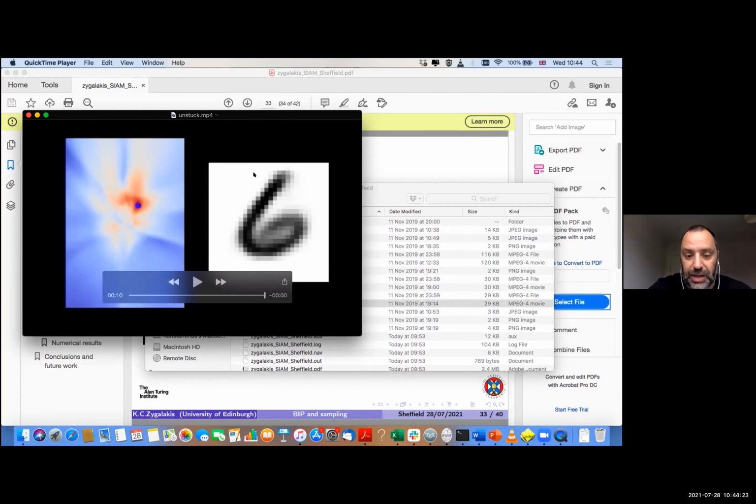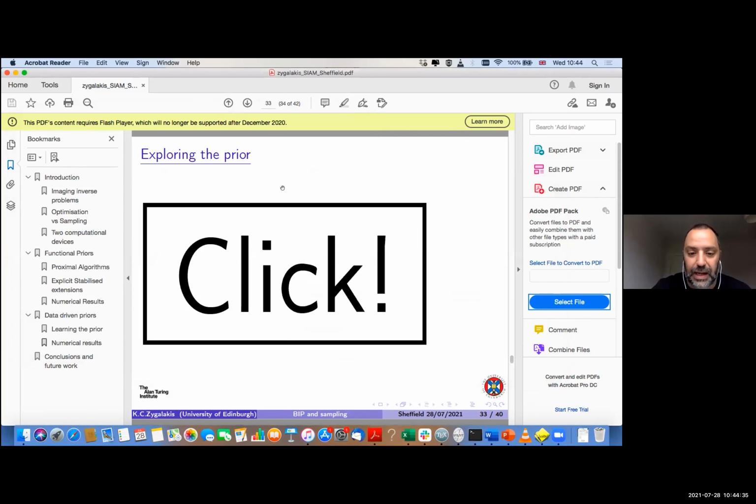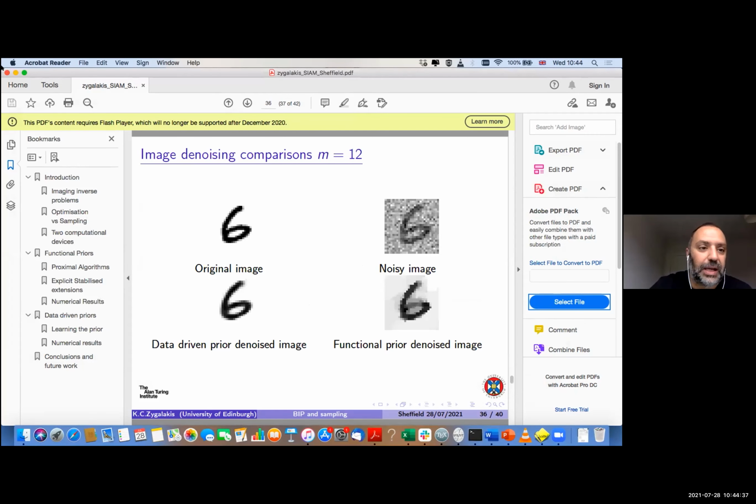And it turns out that the most probable thing was this 6, and indeed I started with a 6 to which I added some noise. So it's good that my posterior distribution gives me that. Okay, I will just finish